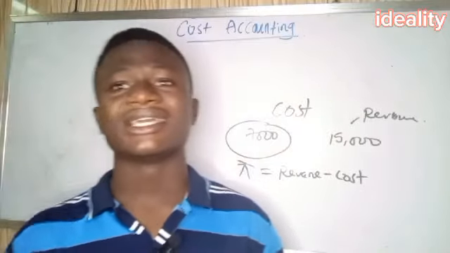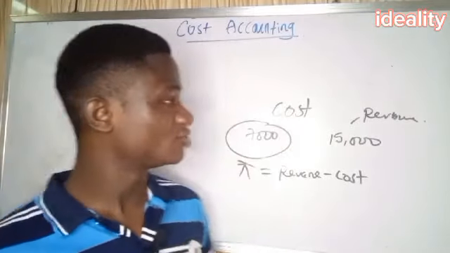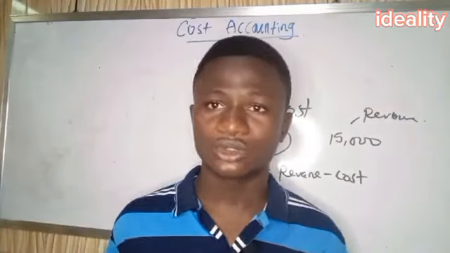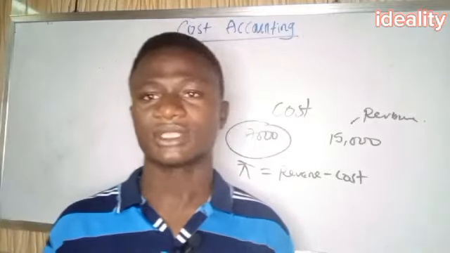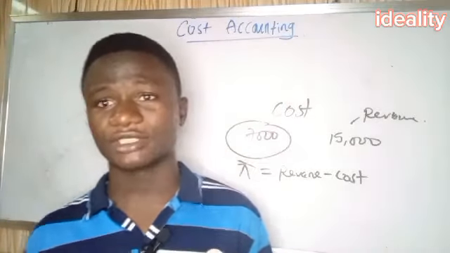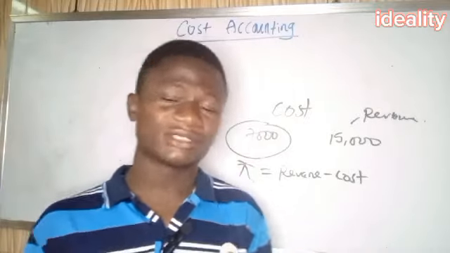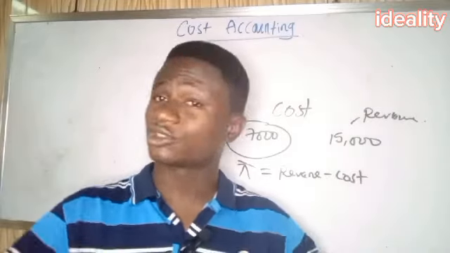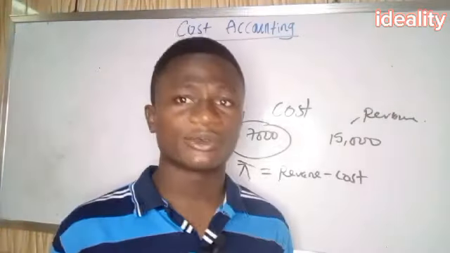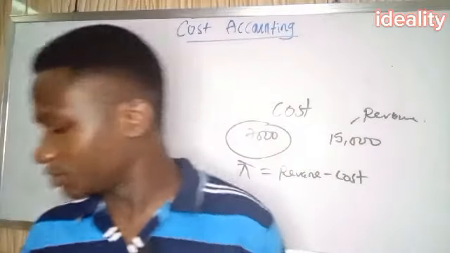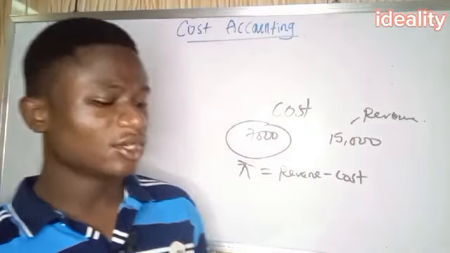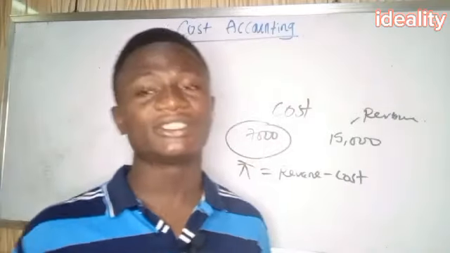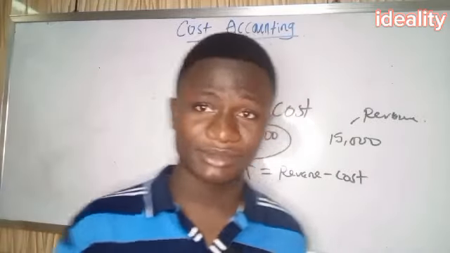So cost accounting deals with all the accounting principles and costing principles that go into the calculation of the cost of production. Let me come again. When we use accounting and costing principles to get the costs at which a firm produces particular goods, that is what we mean by cost accounting. From what I have here, cost accounting is the use of accounting and costing principles to ascertain or determine the cost of production.